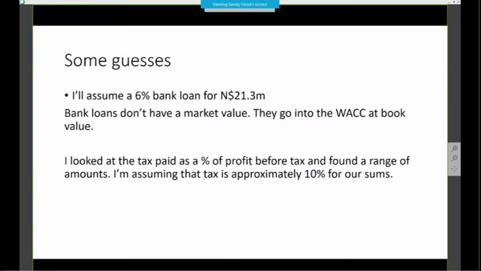And I looked at the tax paid. We've got 4 lots of tax paid within the pre-seen. And we know that we pay tax on taxable profits, not on accounting profits. And we're given the accounting profits, but we're not given the taxable profits. So I had to make a bit of a guess, and I suppose I had to make a bit of a rounding to make it easy for me to do sums, and I've gone with 10%.